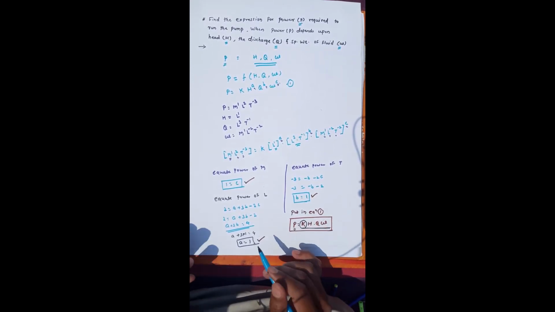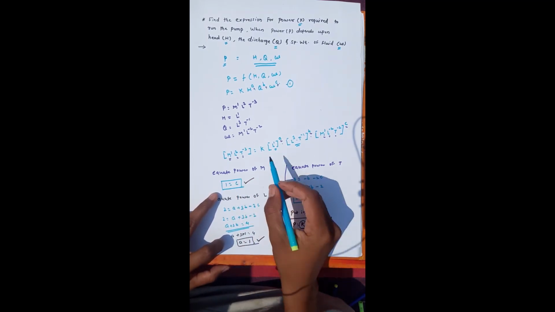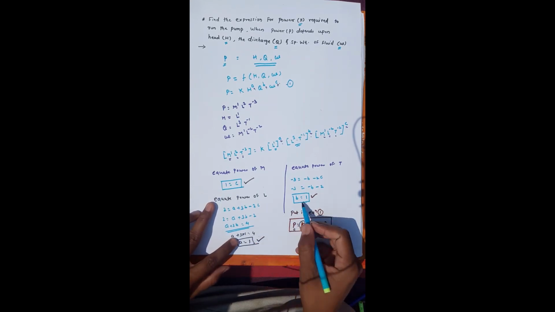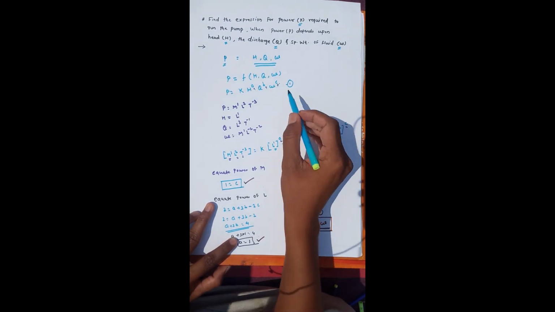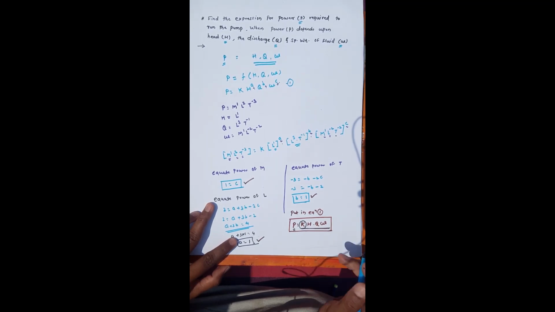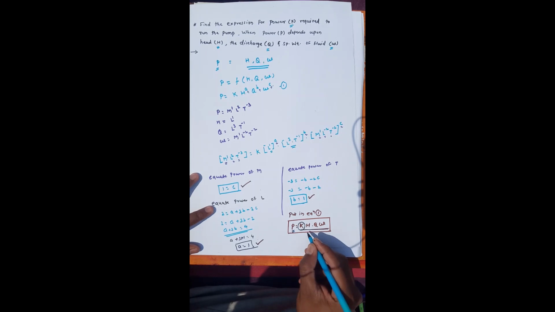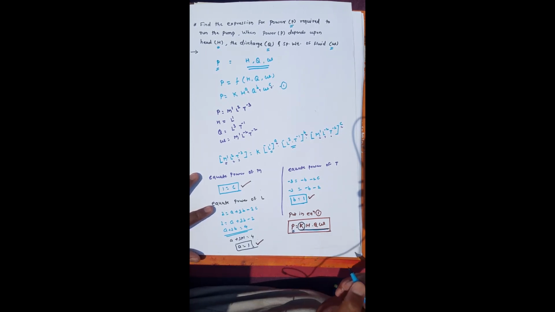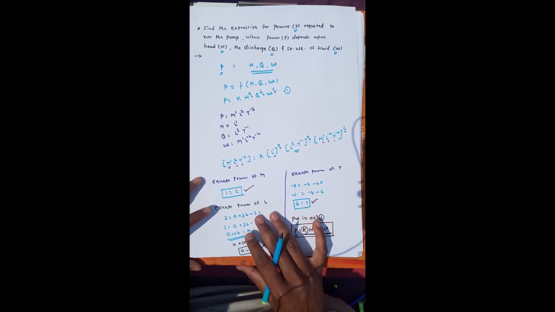After obtaining the values of A, B, C, that is the values of the arbitrary powers A, B, C, we have to put the values of A, B, C in equation 1. After putting the values of A, B, C in equation 1, I will get the equation P is equal to K into H into Q into small w. So this is the correlation between the dependent variable and the independent variable. So this is one way to find the correlation between the dependent variable and the independent variable by using Rayleigh's method.